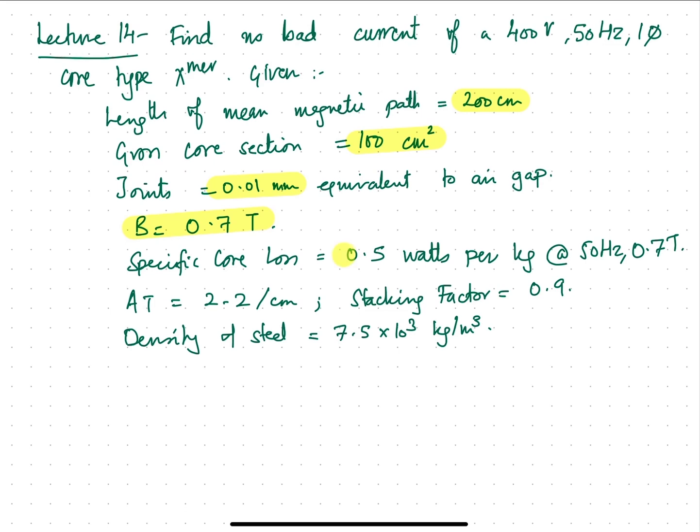The specific core loss is 0.5 watts per kg at 50 hertz and 0.7 Tesla. And the ampere turns are 2.2 per centimeter. The stacking factor is K 0.9, and the density of steel is 7.5 into 10 to the power 3 kilogram